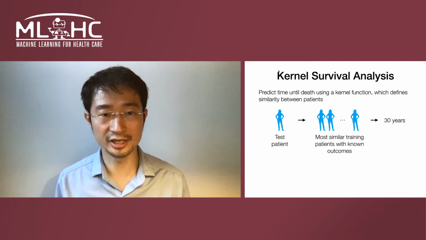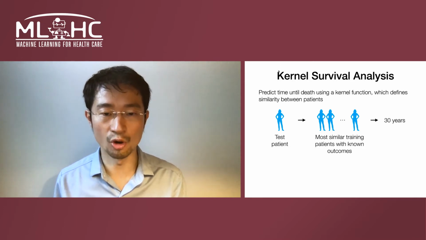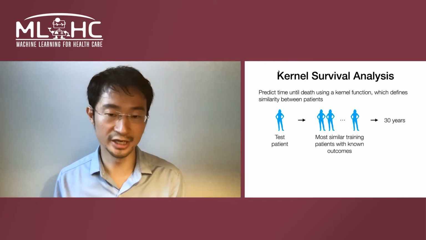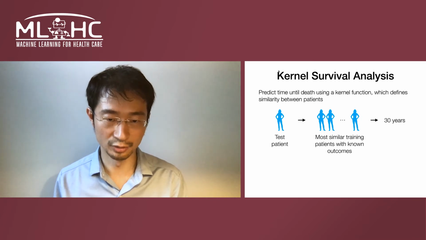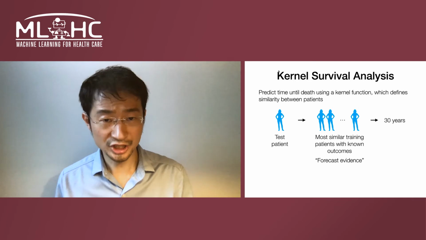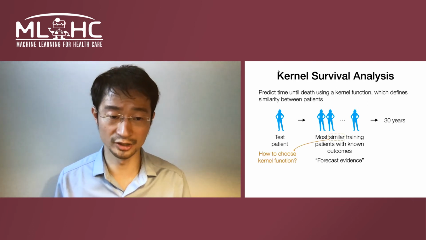An appealing thing about kernel survival analysis methods is that for any prediction, we can always find who these most similar training patients are, and they're driving the prediction, and you can think of these most similar training patients as forecast evidence. A challenge to using kernel survival analysis methods is that we have to specify what the kernel function